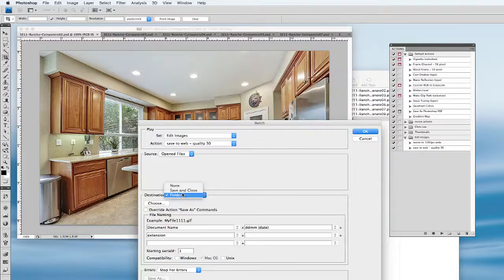Anyways, but right now we're going to save and close. The other thing to remember is that it is set to stop for errors. You can log errors and just have it go. But anyway, if there's an error, the Photoshop action will stop. But right now we're going to click OK,